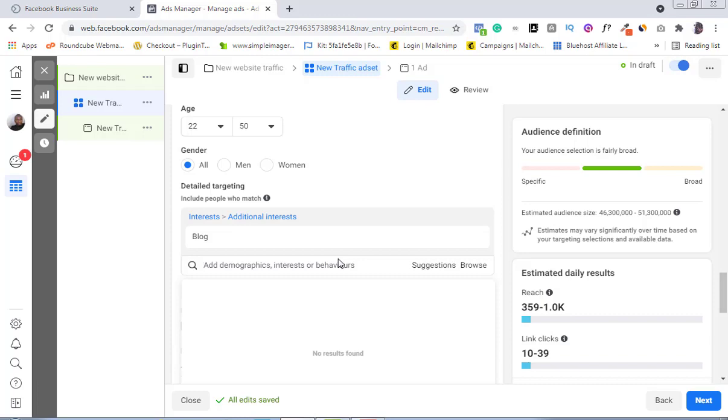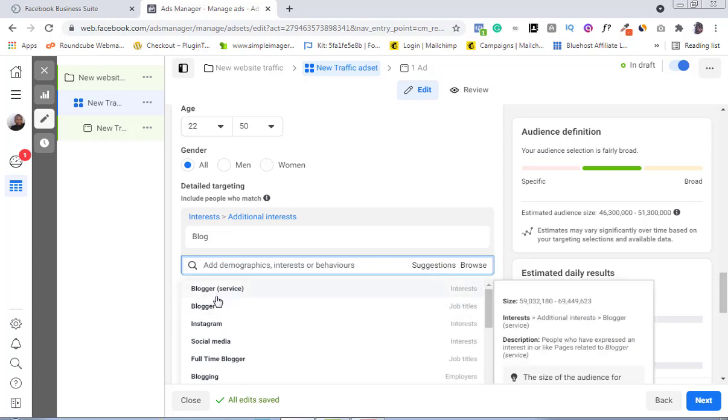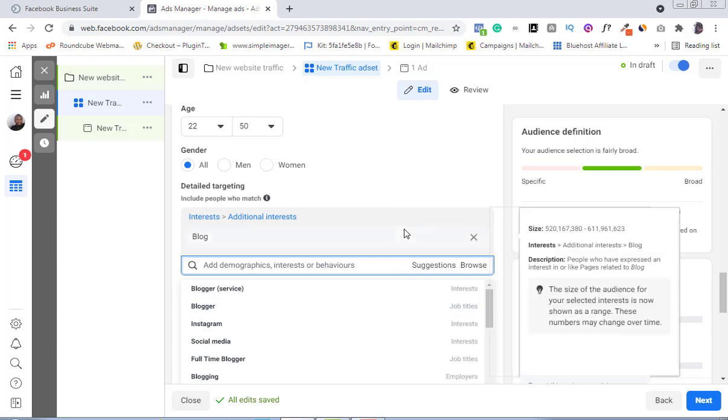Why? Because if I had bloggers, let's see what suggestion Facebook is giving us here: bloggers, Instagram, social media, full-time blogger, blogging. If I keep stacking up all of these interests at once, it will not be profitable for me eventually,